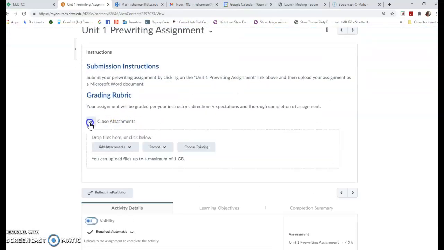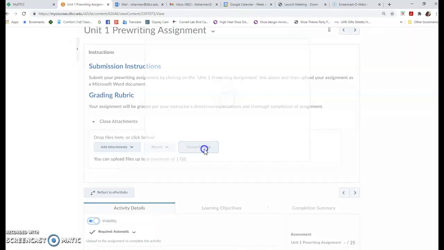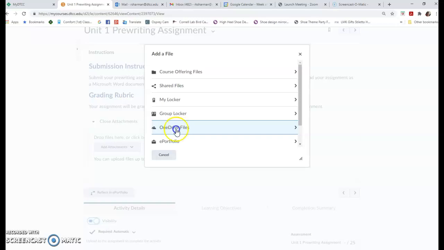You can add your Word document by dragging and dropping it, or by clicking the Add Attachments and uploading. If you used Word 365, which is the cloud version, you can click Add Attachments and go to your OneDrive. Choose Existing will also allow you to access your OneDrive files.